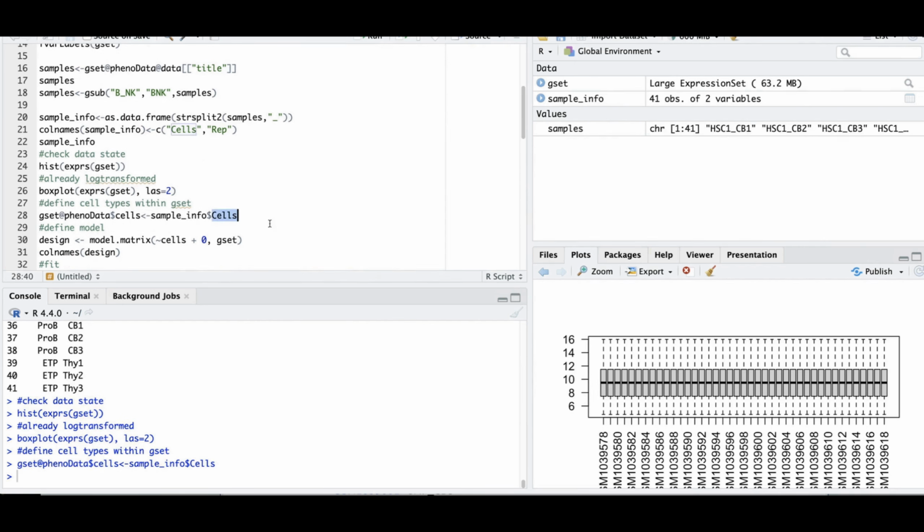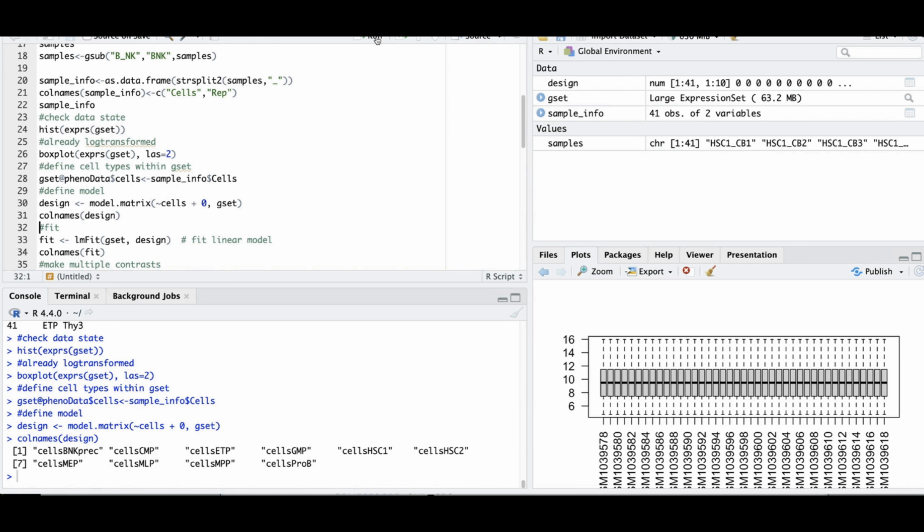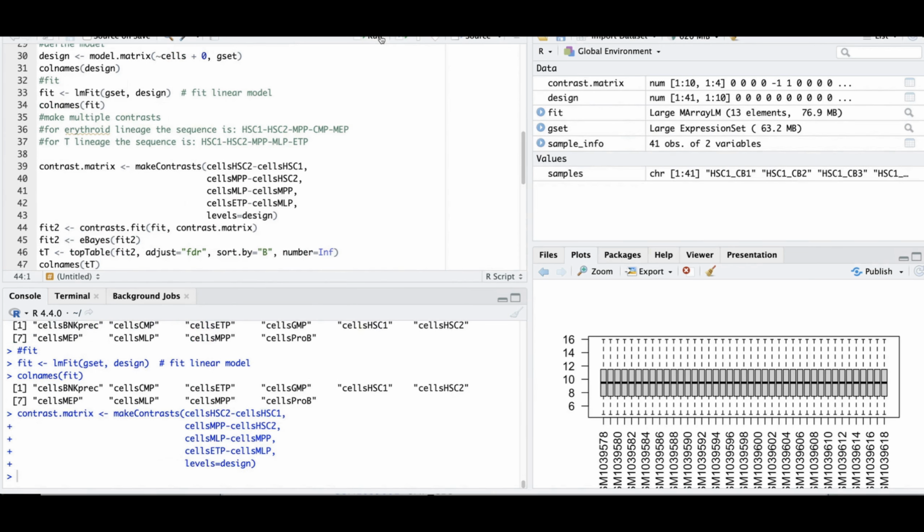So we return cell information back to the gset, and then run just a simple one-factor design. And the column names of the design are those. So there are many different cell types. We do the first fit, and then we do the second fit, and with the second fit, on the basis of the given tree of